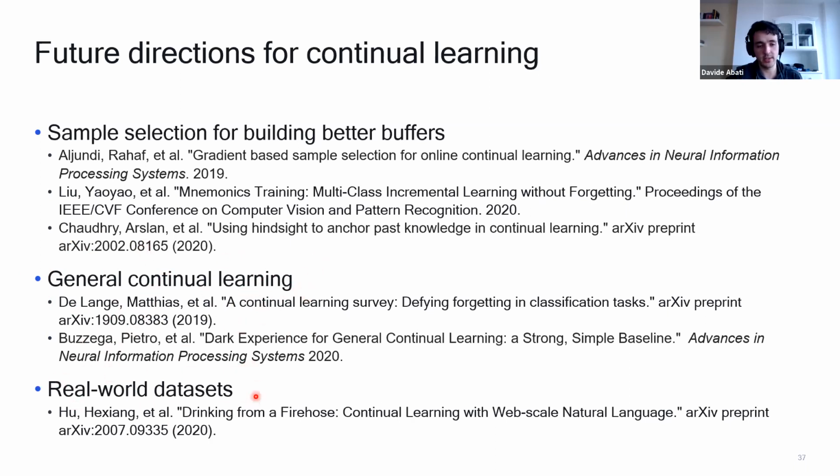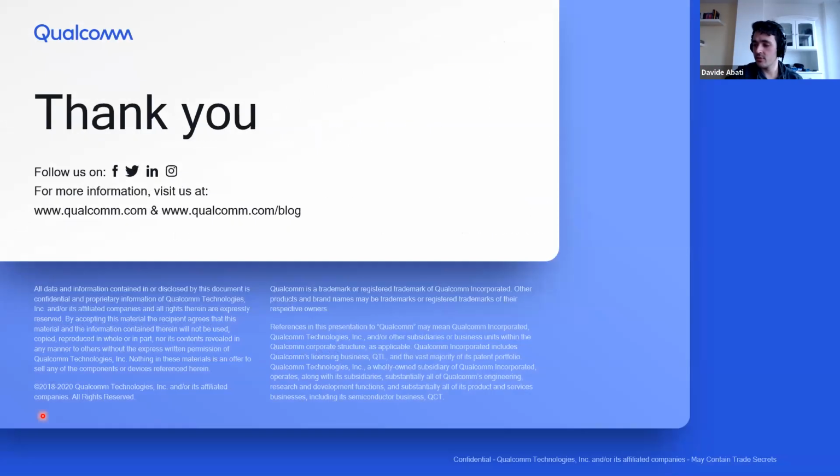And the last one, I just read this paper very recently. It tries to scale up continual learning to real world data sets. This is about natural language processing. They collected a huge data set out of Twitter, collected over 6 years. Then you have to train a language model sequentially for those 6 years, and it has to adapt to trends. It's quite a good one, and I think it's very interesting. So yeah, thank you for listening. That took longer than I expected, but we made it, and I'm available if you have some further questions.